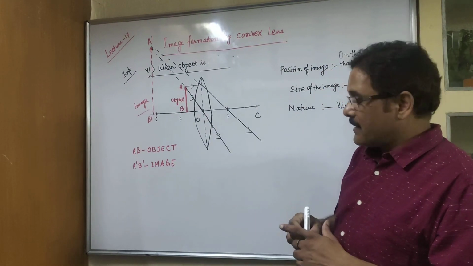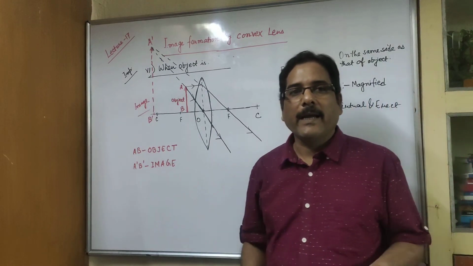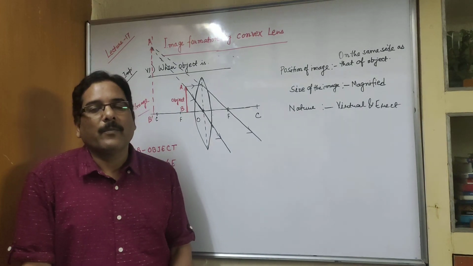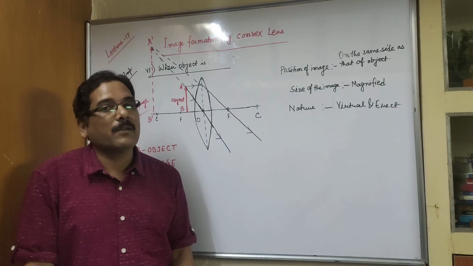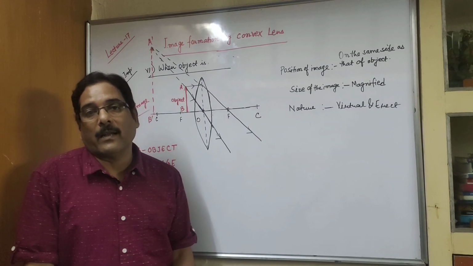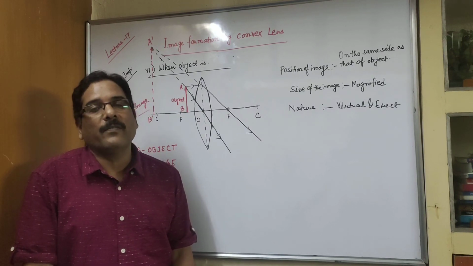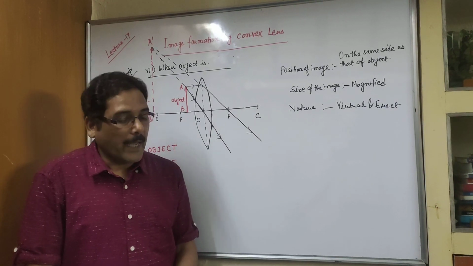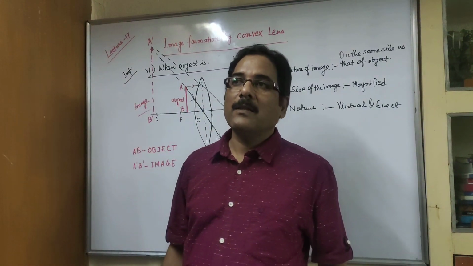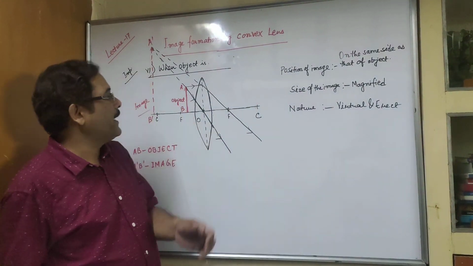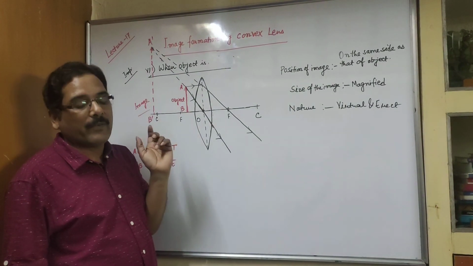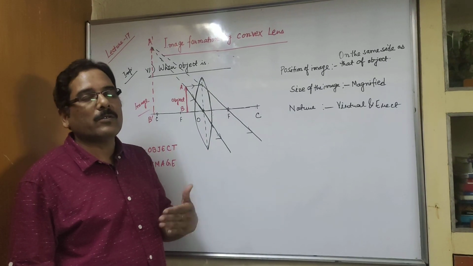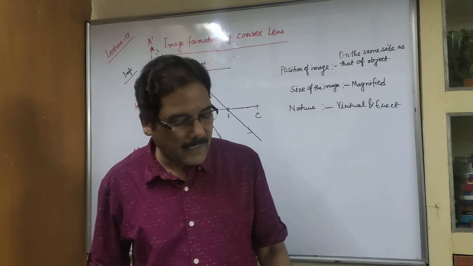So this is a very important case, and you must put arrows in your ray diagrams, because the board will deduct half marks if you do not put arrows in your ray diagram. The arrow shows the direction of the light ray, in which direction the light ray is moving. So arrows are very important, and it is your homework to practice all the 6 cases. Although I have not drawn them today, when the object is between C and F and between O and F, you must go through the rule, learn it, try to understand it. If you have doubts, you can ask, and practice these 6 ray diagrams.